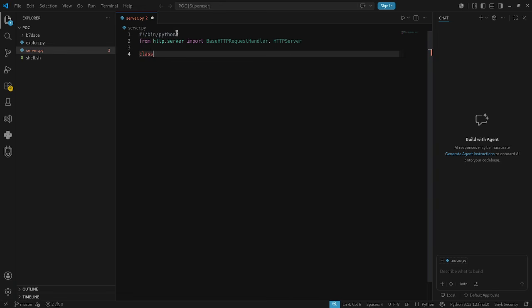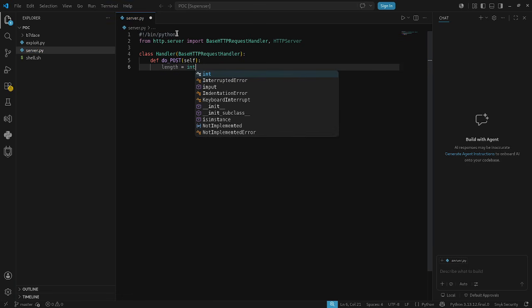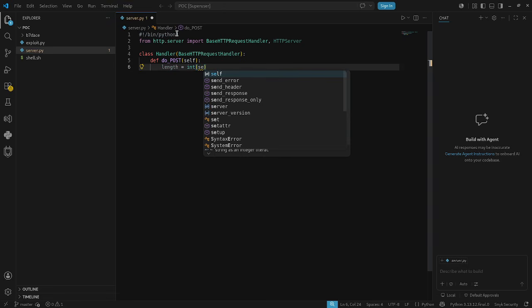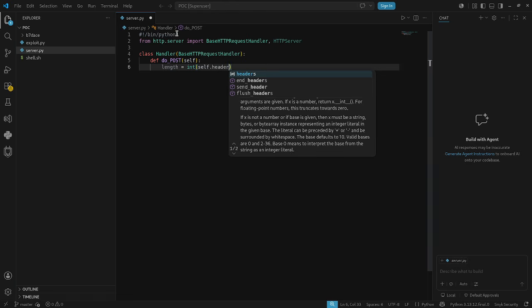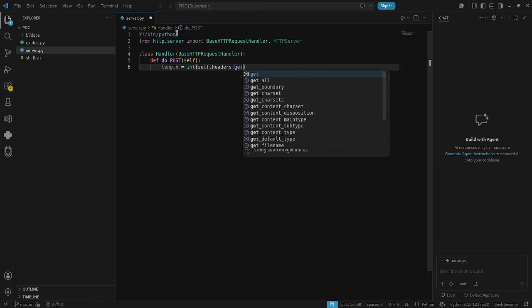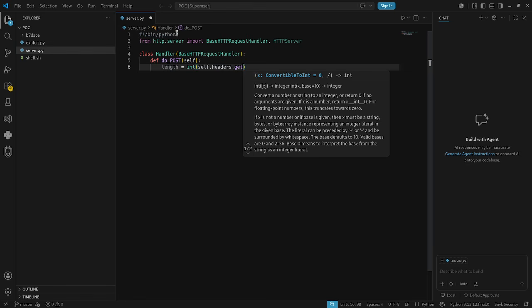So class Handler, and let's do BaseHTTPRequestHandler, and let's define the function. So let's do def do_POST(self), and let's do length would be just self.headers, I want to do that .get, right, and